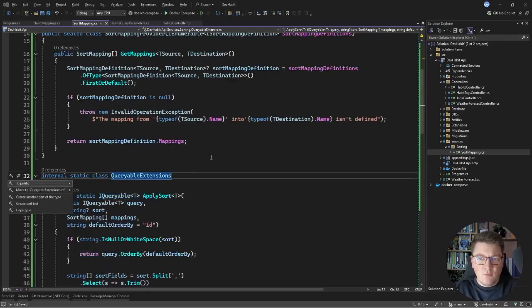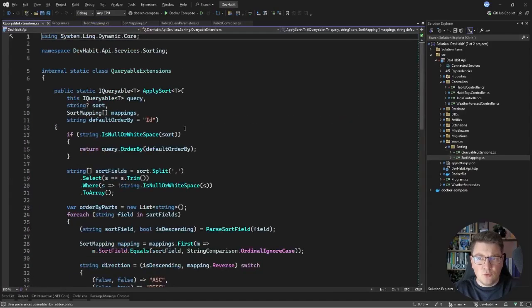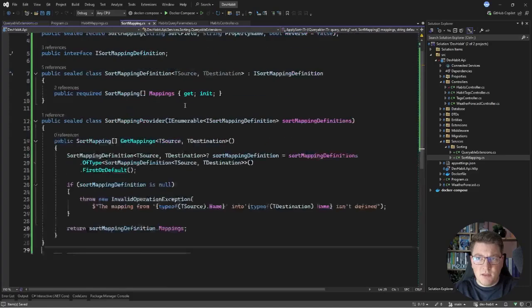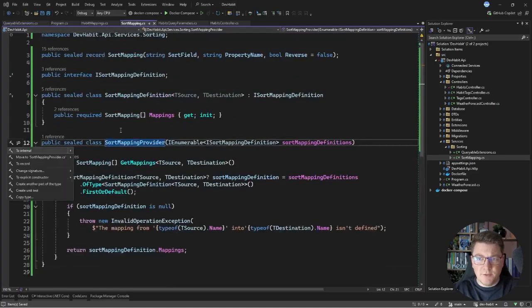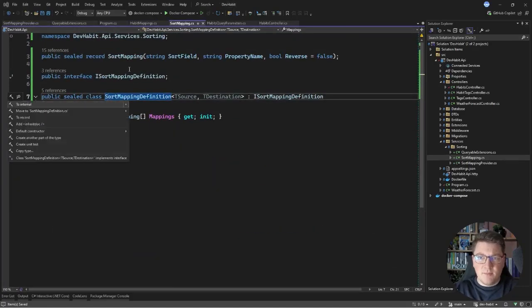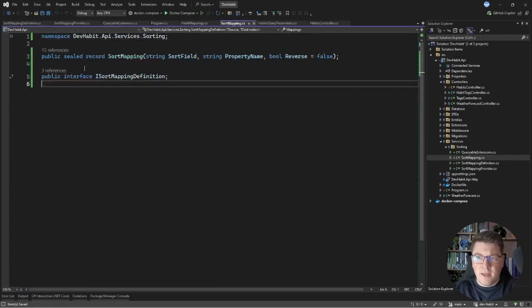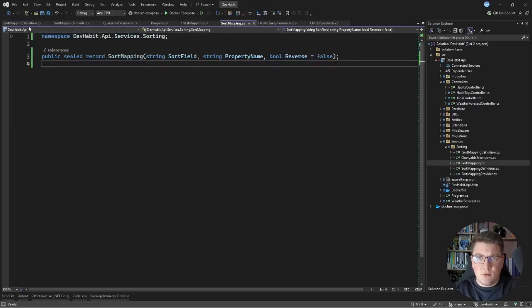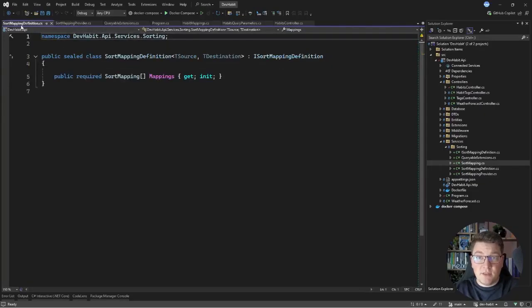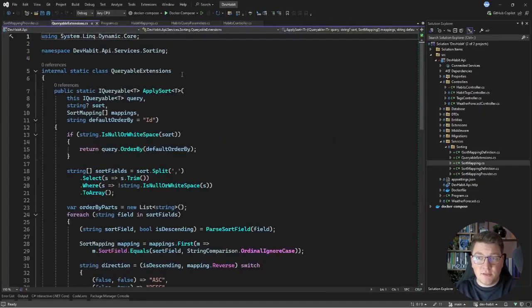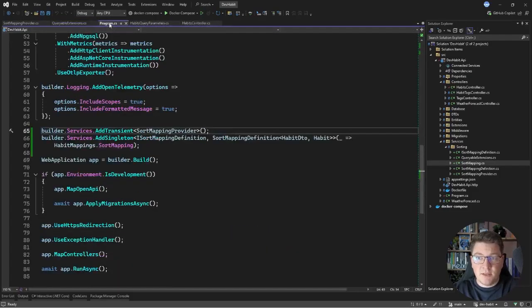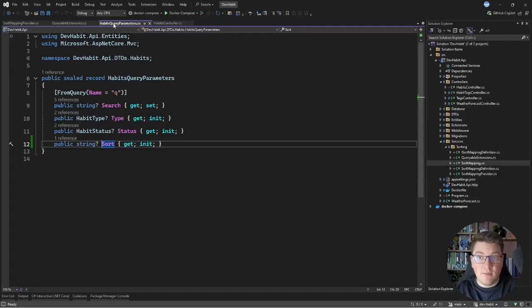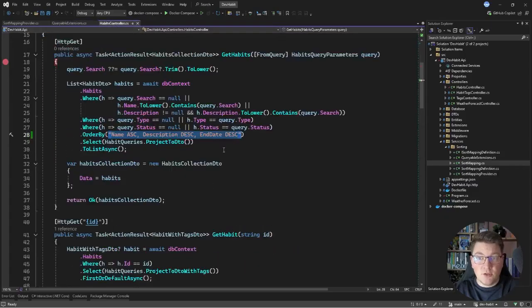Now let's go ahead and move all of these values into their own files. So let me move the sort mapping provider as well as the sort mapping definition and the ISortMappingDefinition marker interface. And then let's close everything down except the sort mapping provider, the extension method for applying the sorting. I'll also close down the habit mappings, the program file, the habit query parameters, and let's put our attention back